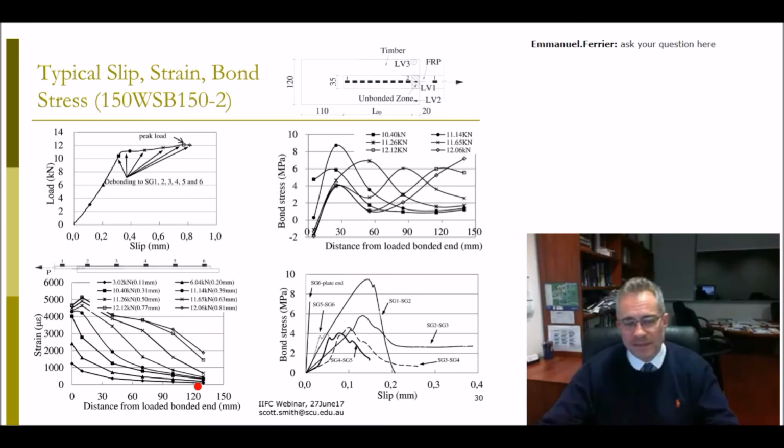Now finally, this collection of 4 slides shows quite standard results that we can produce where we have strain gauges positioned along the length of the FRP. In the top left-hand corner, we can plot the load versus the slip. That's the slip at the free end. In the bottom left-hand corner, the distribution of strain along the length of the plate as we increase the level of the load. Bond stress in the upper right, and the bond slip. So the bond stress slip